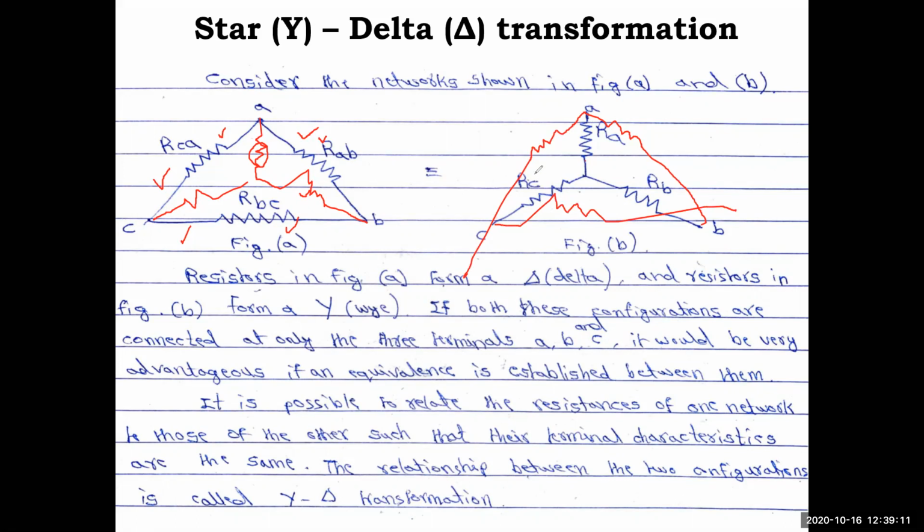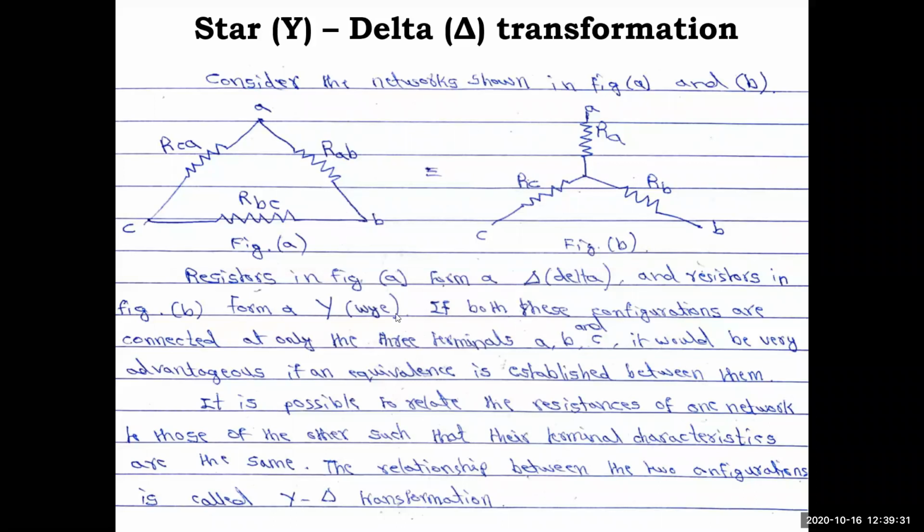Okay. So again, you are finding this, it should be related to these two. These two are related to this resistance, these two related to this resistance. Like that, based on the equivalence, we'll try to derive a formula for this, and we'll use it in the problems to reduce the network. So that is the concept here, star and delta transformation.